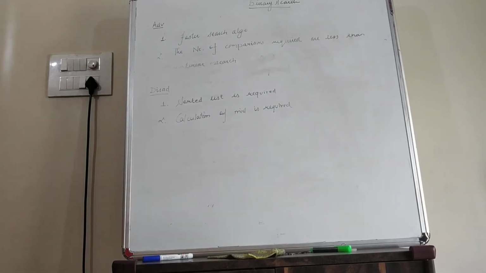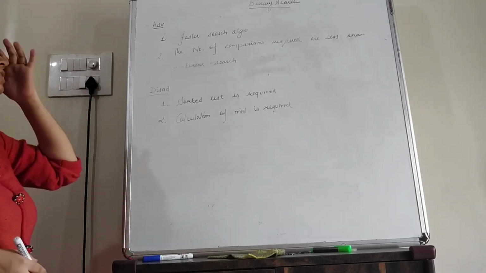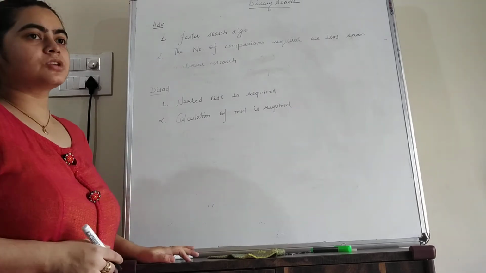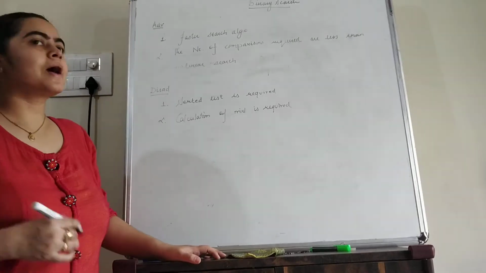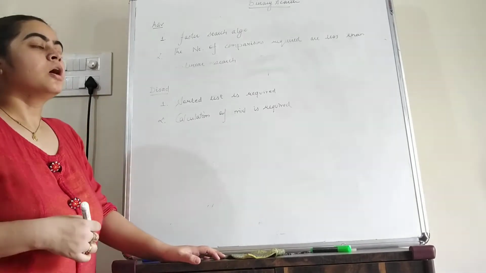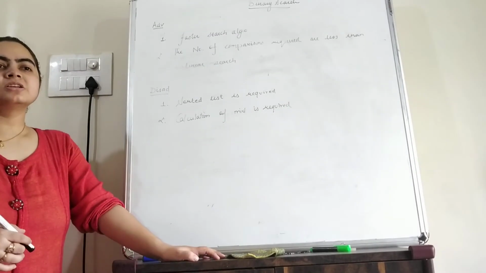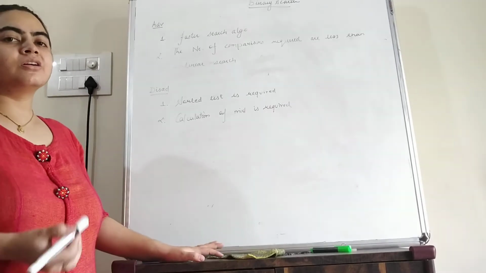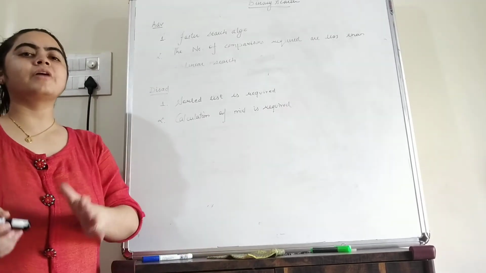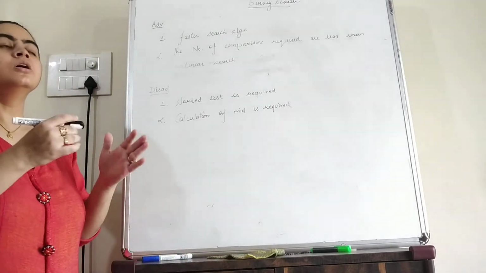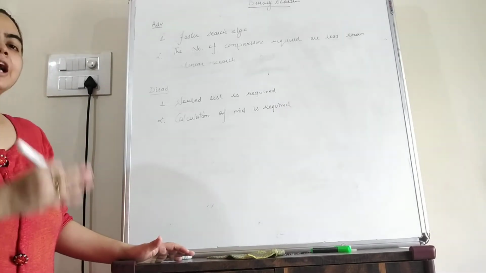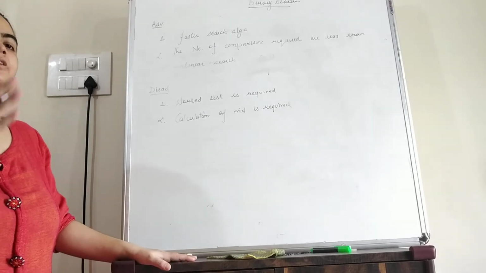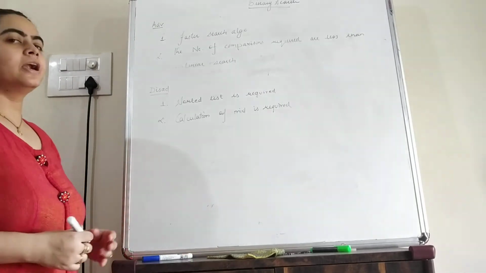Advantages and disadvantages of the binary search. So first advantage is it is a faster search algorithm. Students, binary search is a fast search algorithm as compared to the linear search, because in case of binary search we can initially find the value of mid, and according to the value of mid we can divide the list into 2 parts, and only keep that part where the item is present, and skip the part where the item is not present.